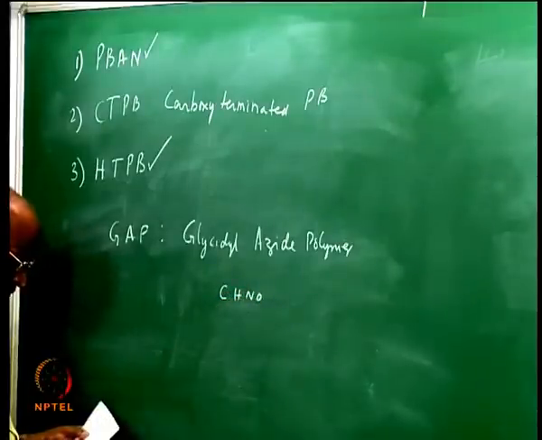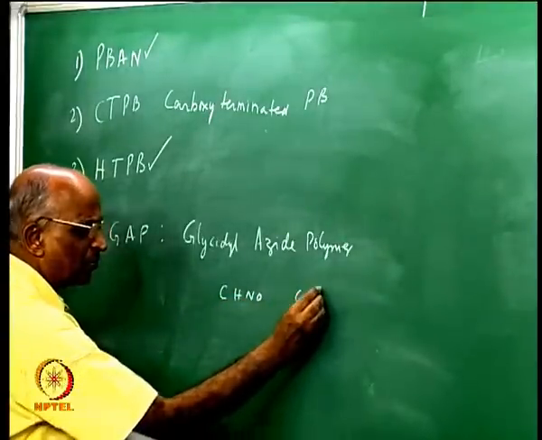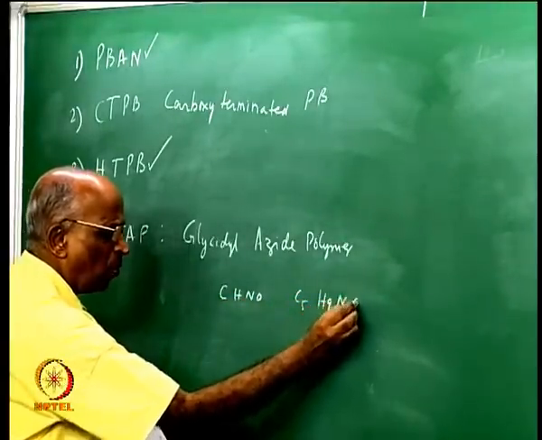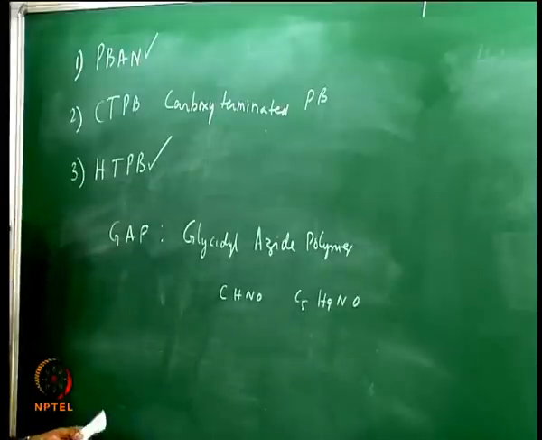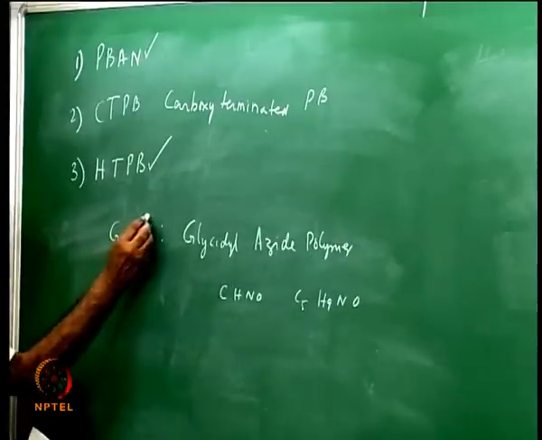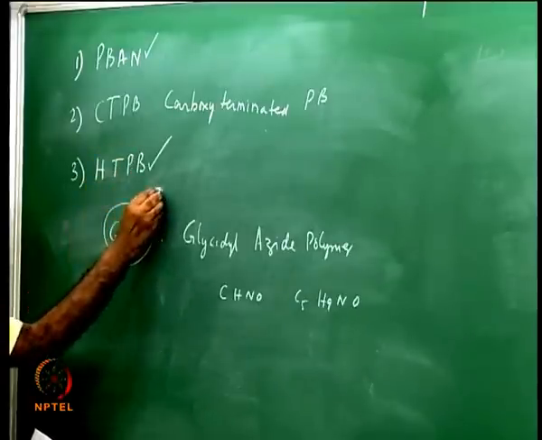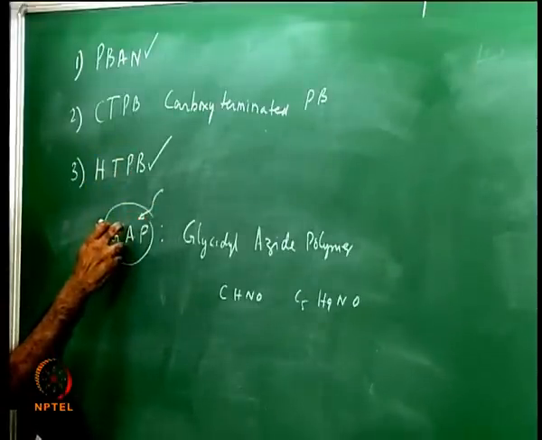In different proportions it is being tried, something like C5, H9, then NO and stuff like that, but I will not get into these molecular formulas, but we must keep in mind that GAP contains a little more hydrogen than even HTPB, and some research work is going on using GAP